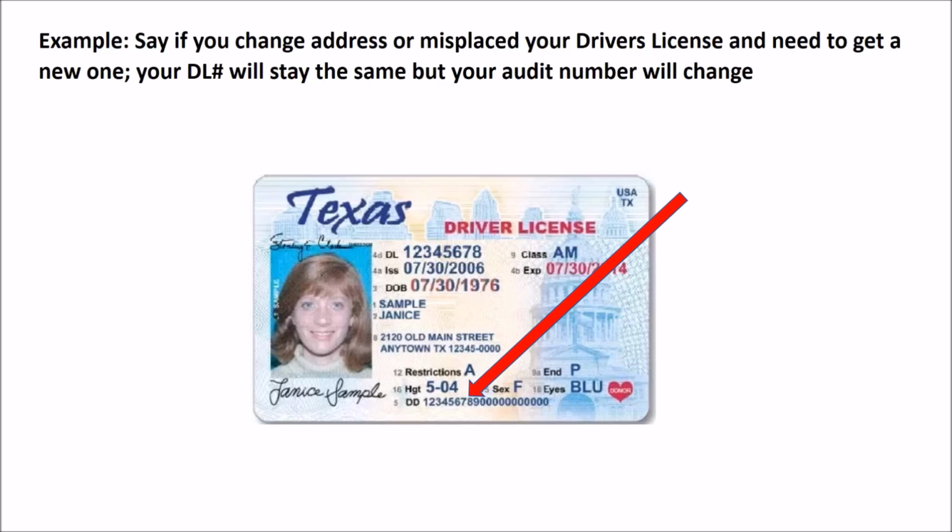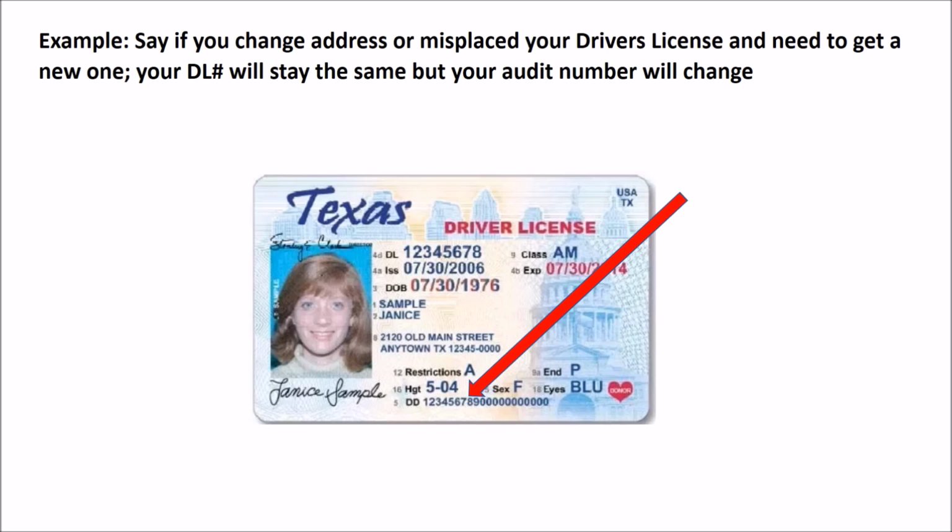So let me give you an example. Say for instance, you change address, you misplace your driver's license, maybe somebody stole it. So the DPS issues you a new license. But note that your driver's license number will always be the same, an 8-digit number, but this audit number or